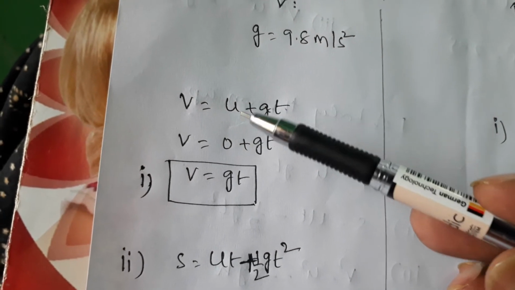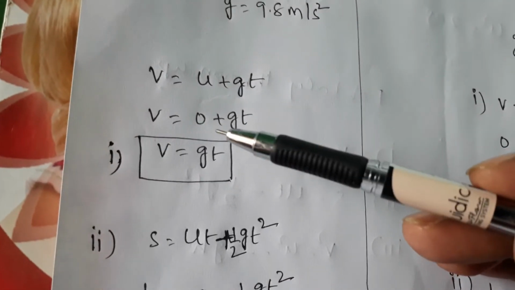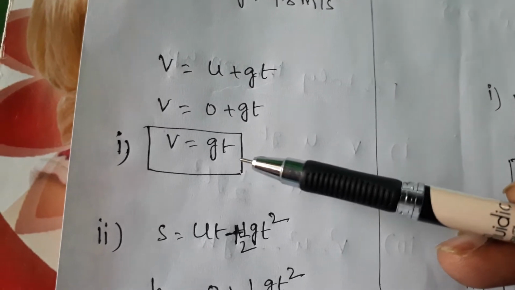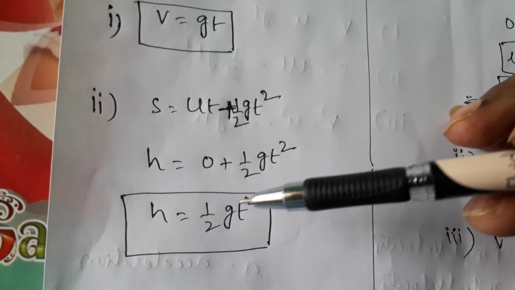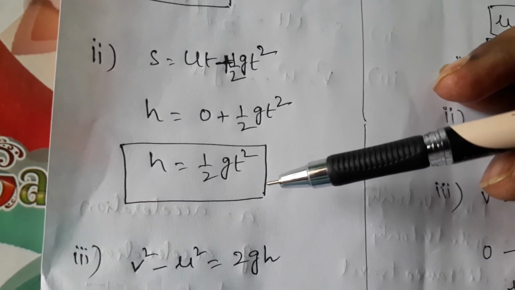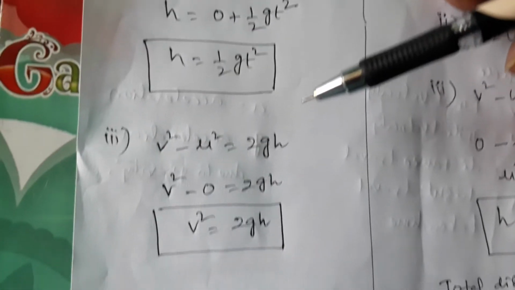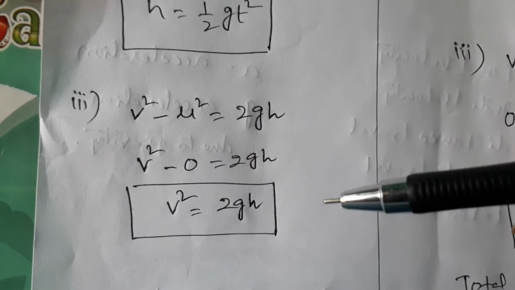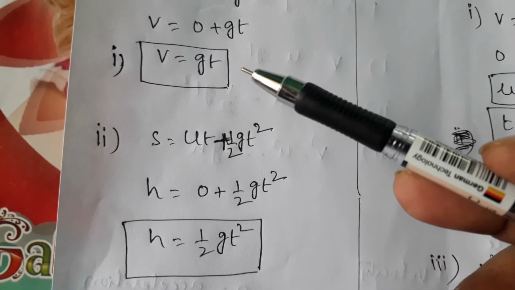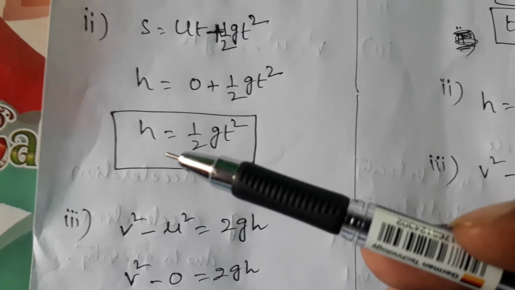In the first equation, u is equal to 0. For a falling body u is equal to 0, then you will get v is equal to gt. In the second equation, u is equal to 0, then you will get h is equal to half gt square. In the third equation, u is equal to 0, v square is equal to 2gh. These are the results. When a body is falling down, you will get final velocity as gt, and